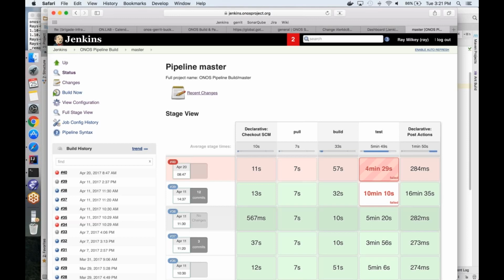So the idea with pipeline is it should be faster. That was another reason to look at it, because it is executing things in parallel, and we didn't really want the Jenkins check-in jobs to take 15 minutes. But I realize that the speed is of the essence when things are going to get accepted. One other thing that